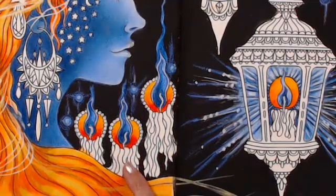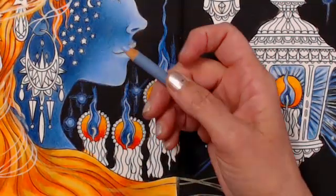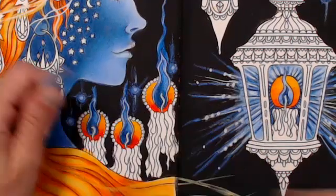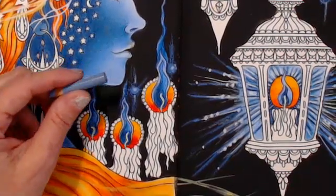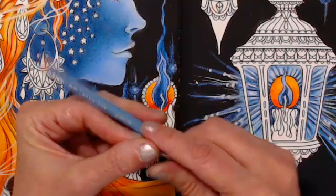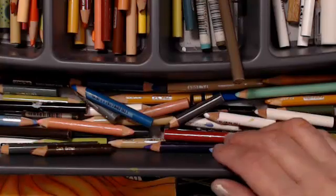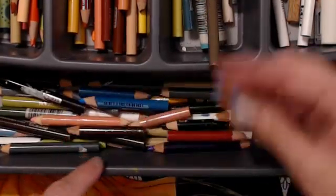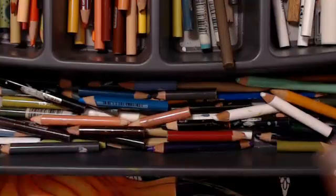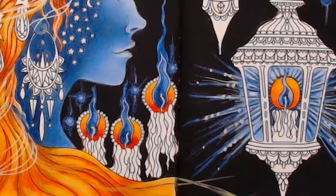I'm thinking just on the candles themselves, though, they might just need to be, let me get another one of these slate blue pencils. Hang on. I keep picking up this one. Here we go. I keep picking up the nub. See, here's my pencil tray of all the stuff I use all the time. These are not all my pencils, but here are my nubs right here that I still can use. I feel like I can still use them. So I have a tendency just to dig through here and grab one rather than get the full-on pencil. I do have a nub jar, but,